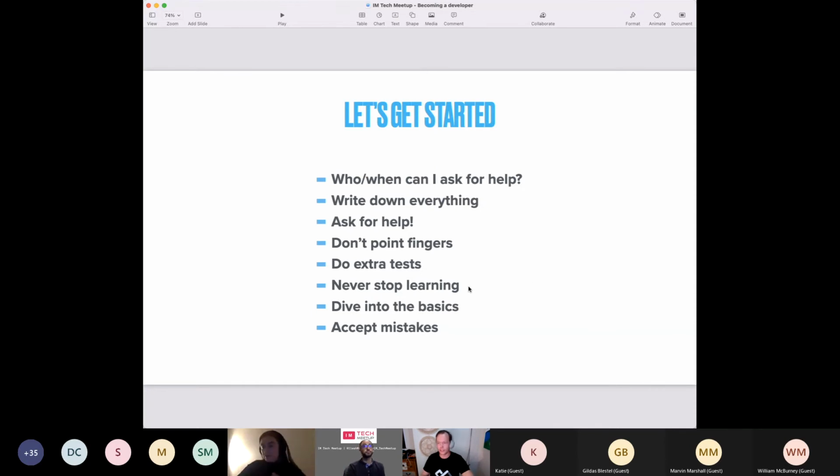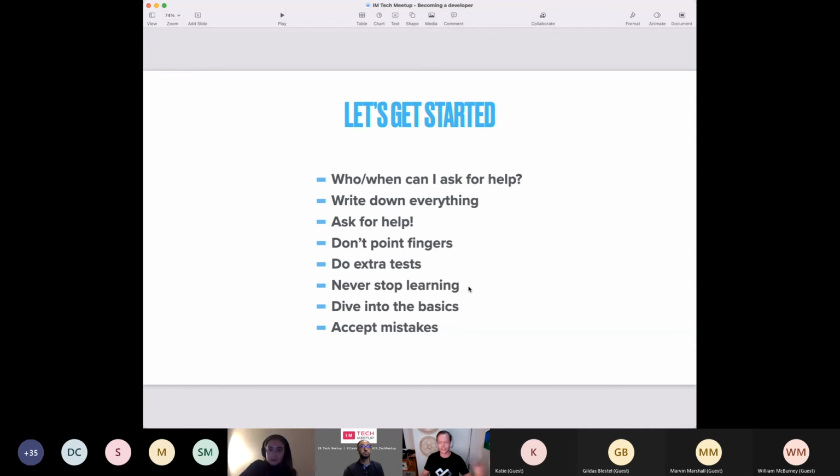And then we get to my favorite point, which is never stop learning. This is not for beginners. It's literally for everyone. And I think in general, for every person in the world, but there are people who don't agree with that. But I think we should always want to be learning and improving ourselves. And especially in the tech sector, it's so important. The landscape keeps changing, you know,